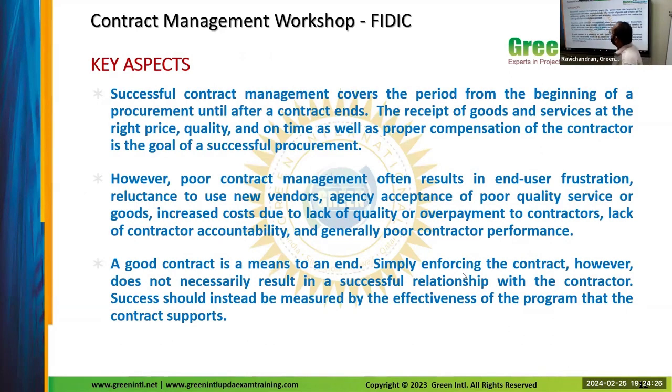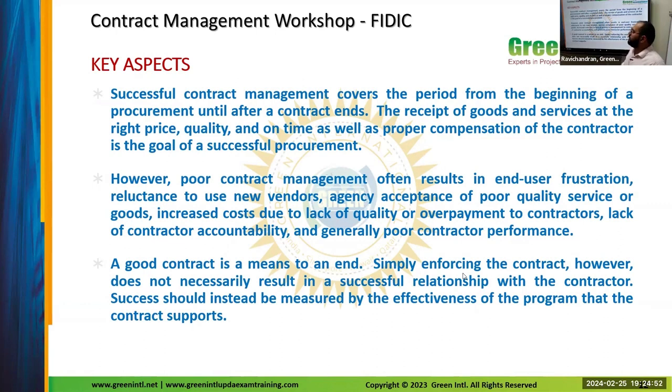Key aspects. Successful contract management covers the period from the beginning of a procurement until after a contract ends. The receipt of the goods and services at the right price, quality, on time, as well as proper compensation of the contractor is the goal of a successful procurement. So, successful contract management has to ensure that the goods are purchased at the right price, right quality, and on